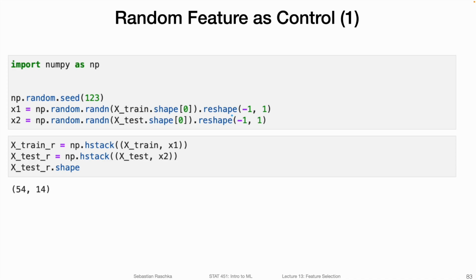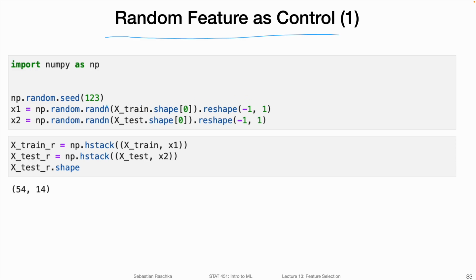Now we actually know how to use permutation importance in Python using either MLExtend or scikit-learn, which is awesome. However, before I finish this video, I wanted to show you a few more useful things. So one is using random features as a control. What I find relatively useful in practice is to include a random feature in the dataset as a control when we compute the permutation importance, because that can give us an idea of what is a meaningful feature importance and what is not.